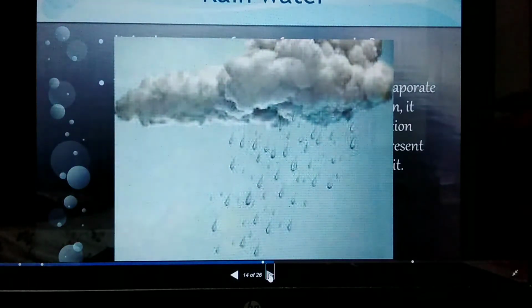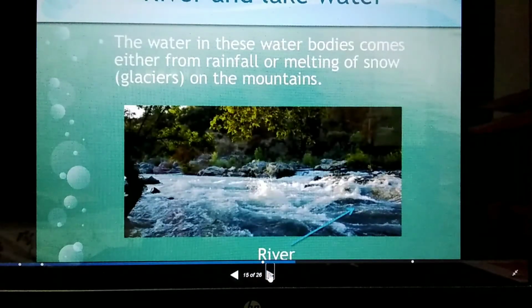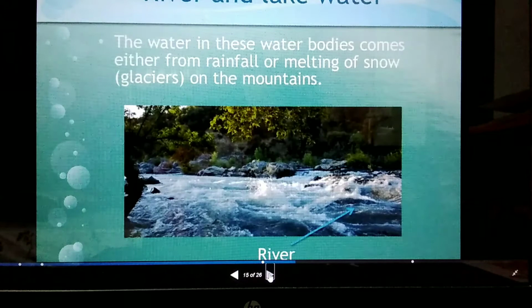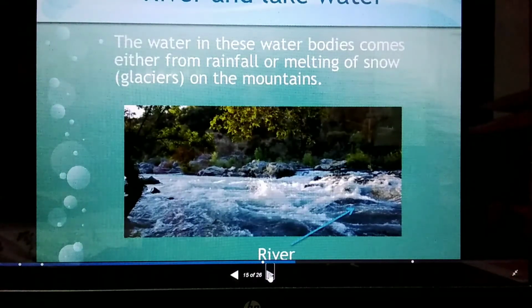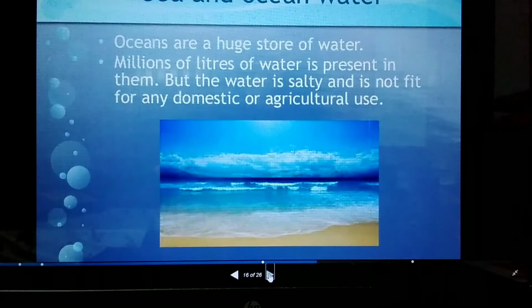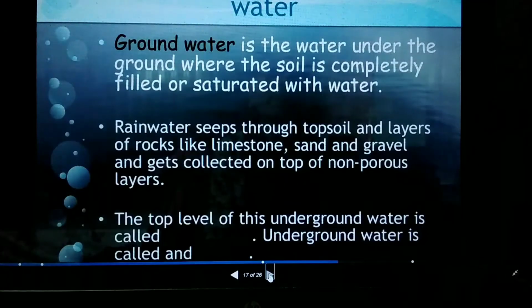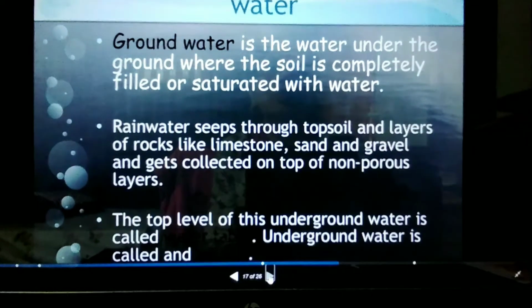This is the picture for rainwater. This is river and lake water. The water in these water bodies comes either from rainfall or melting of snow and glaciers. Now the ocean water: oceans are a huge store of water. Millions of liters of water are present in them, but the water is salty and is not fit for any domestic, agricultural or industrial use. Underground water